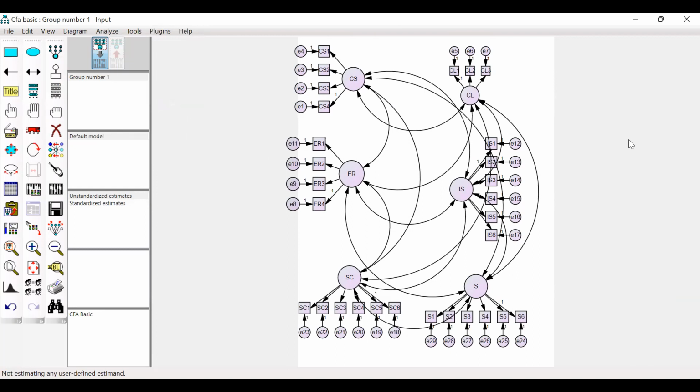This is the diagram. We'll confirm these factors. We have already done an EFA and found these are the 6 factors which are coming. As I said, I have given you the data set, the description also. These factors are customer satisfaction, customer loyalty, technology usage readiness and reliability, technology security and information quality, staff competence and